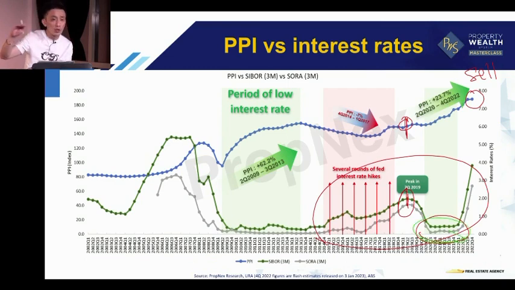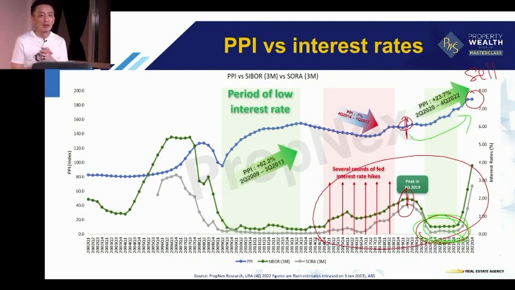When the interest rate was low, why did everybody choose to buy property? Because they say, can we put money in the bank? It's a waste of money. I want to put money in the asset to hedge against inflation. And that is because when interest rate is low, everybody starts to buy. That is where prices go up. So why am I sharing this with you?